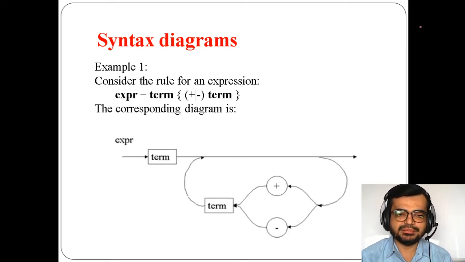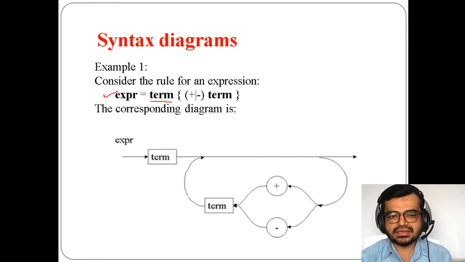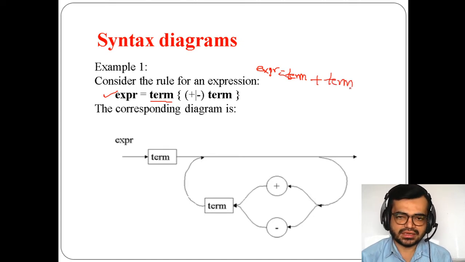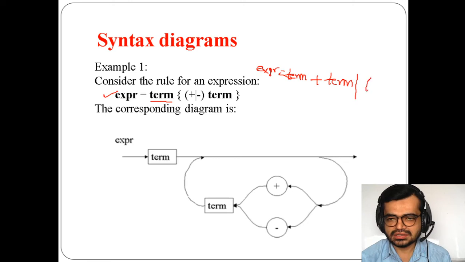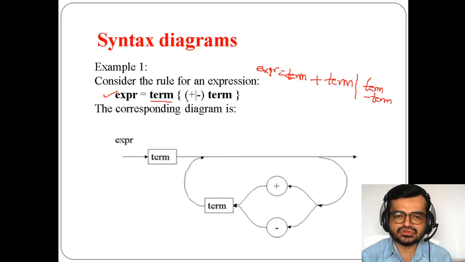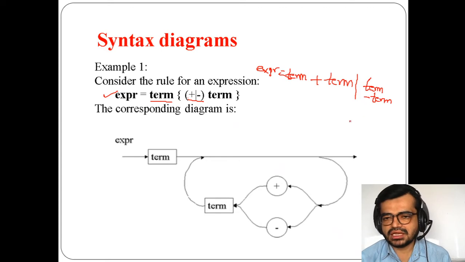Here we have taken one example, where expression gives term, or else it can be represented in this way: expression is equal to term plus term, or it can be represented as term minus term, because this is the grouping concept which we have done for addition and subtraction. Term minus term or simply term.